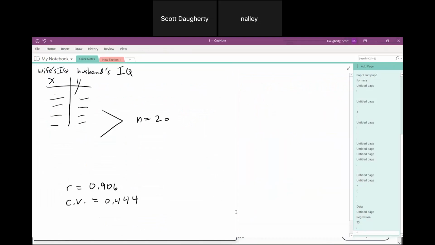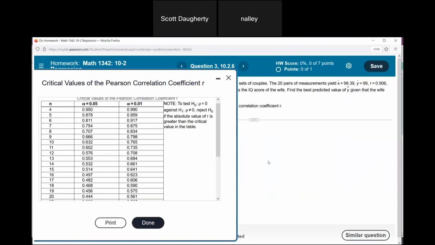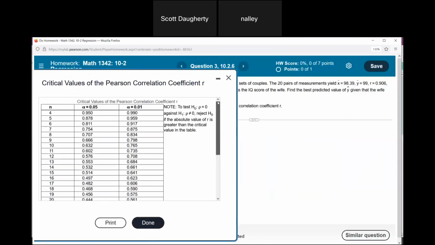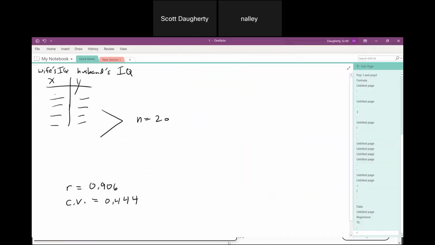Now remember, the way you do this with this informal hypothesis test, it even tells you on the right-hand side, in case you forget, this is testing a null hypothesis of rho equals 0 against an alternative hypothesis where rho is not 0. To reject the null hypothesis if the absolute value of R is greater than the critical value given in this table. So you have to take the absolute value of R. And of course, in this case, the absolute value of that